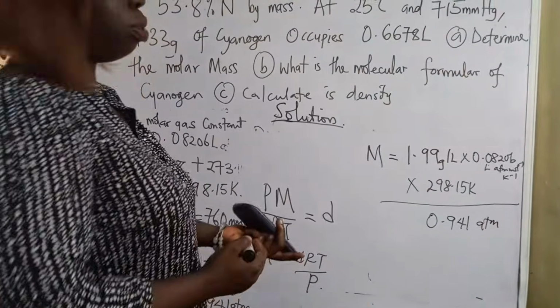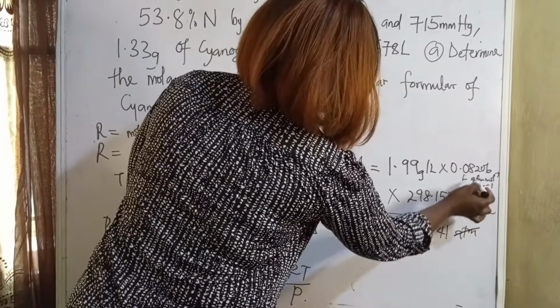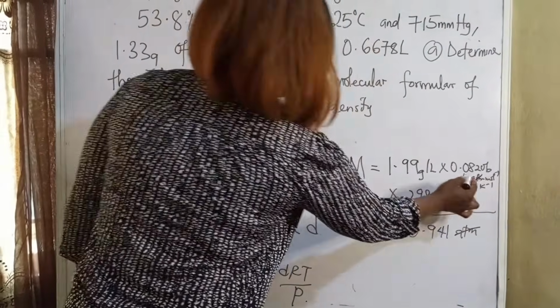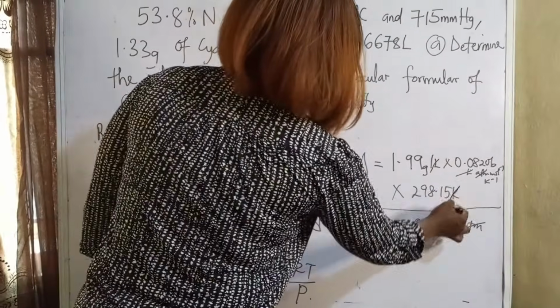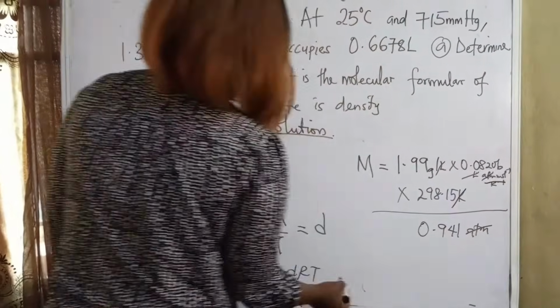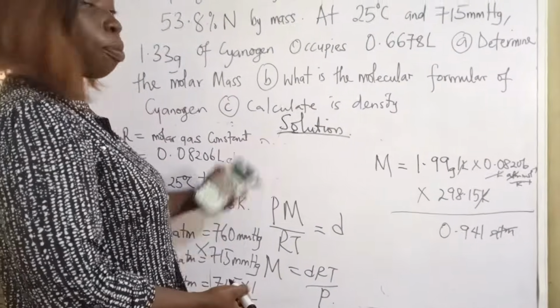So let's look at the calculation. You see that the atm here cancels this atm. The liter cancels this per liter here. The Kelvin cancels this per Kelvin here, and we are left with gram per mole, showing that the molar mass